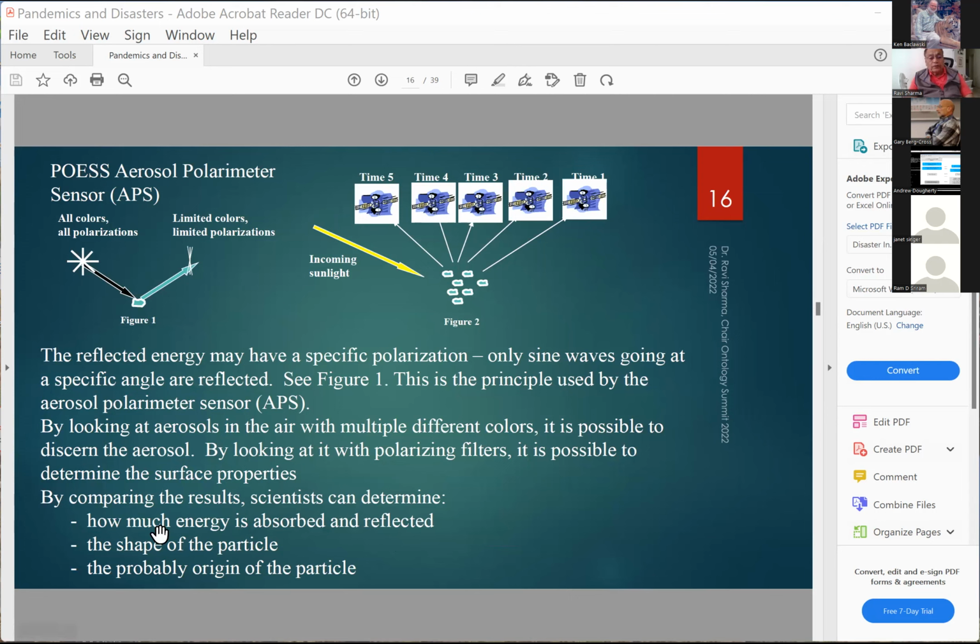And so we can determine how much energy is absorbed, the shape of the particles, and probably we can trace the lineage, where they came from. Are these extraterrestrial, volcanic? Are these meteoritic? Are these